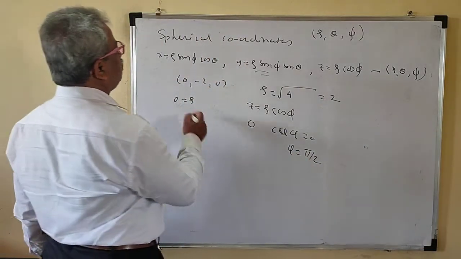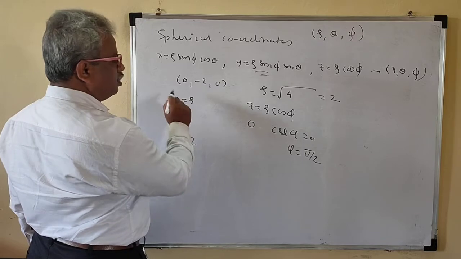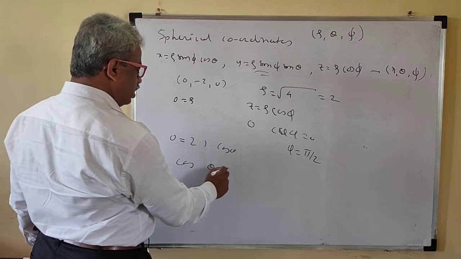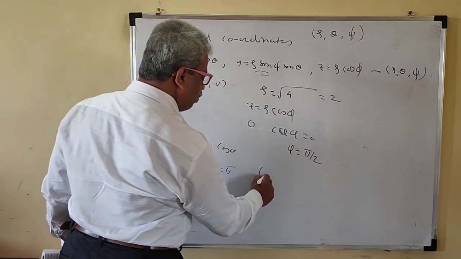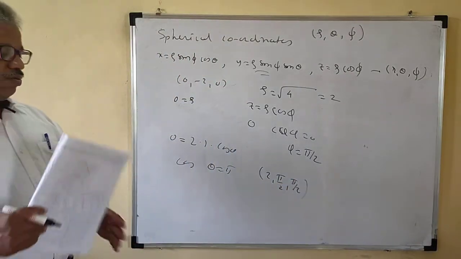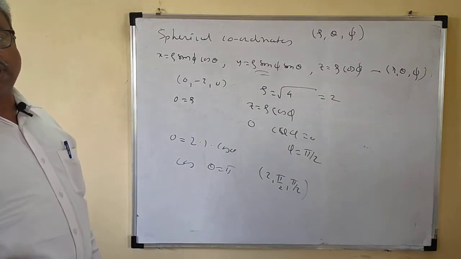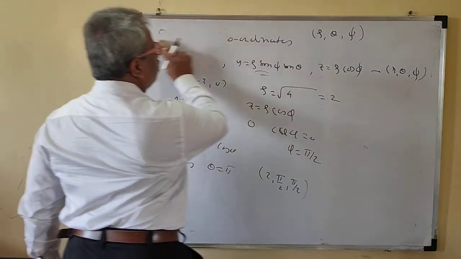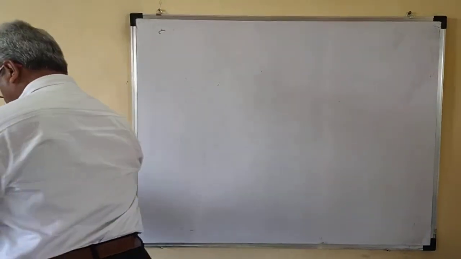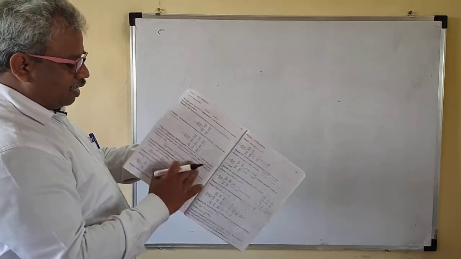Now here x is 0. So 0 is equal to rho, rho is 2, sin phi, sin phi is 1, and cos theta. So your cos theta is 0 now here, so theta is pi by 2. So that means 0, 2, pi by 2, pi by 2 are nothing but your spherical coordinates. So remember this. You can convert the spherical coordinate into the rectangular coordinate and the rectangular coordinate into the spherical coordinate. This is very important here. And problems are very difficult for triple integral to evaluate this one.